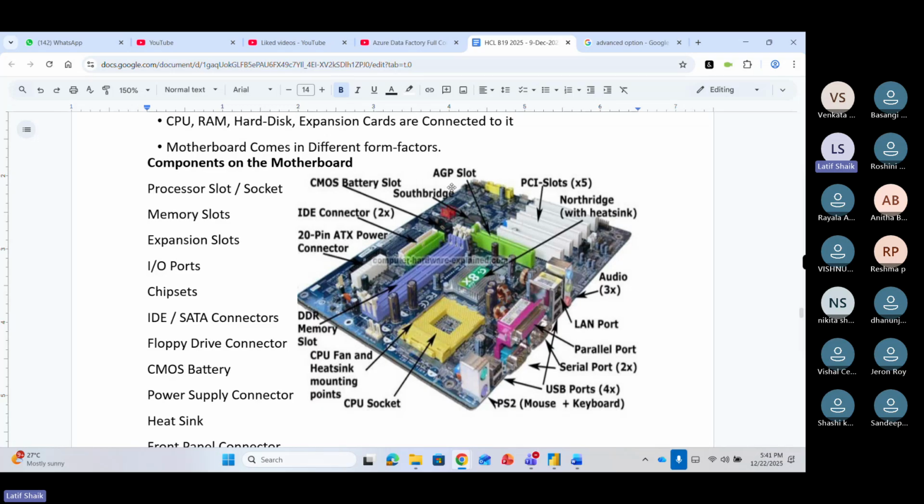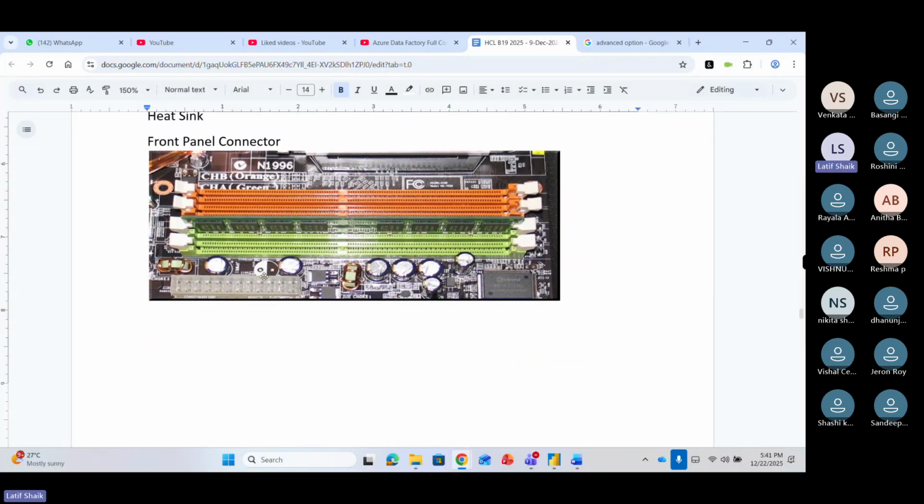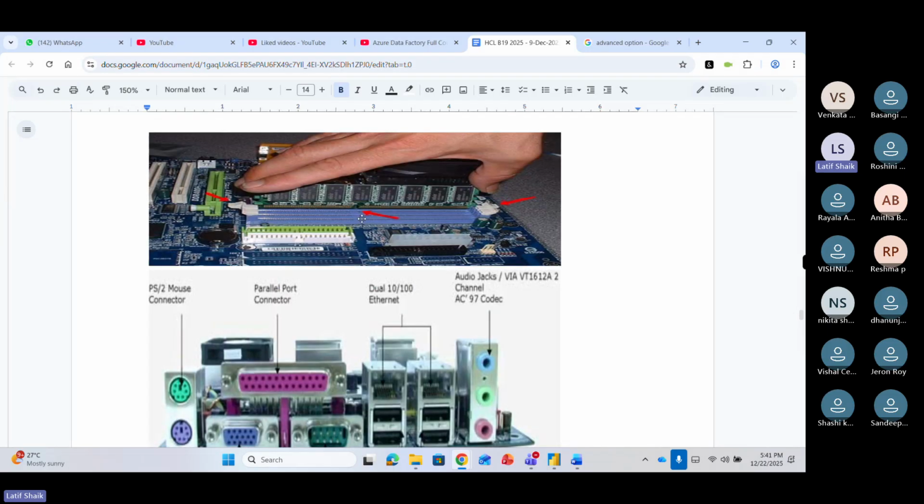Different form factors of motherboards are also available: earlier AT, ATX, mini ATX, baby ATX, NLX, and other types of motherboards. We should just know what a motherboard is. That's it. So RAM slots, the SMPS to motherboard power supply connector slot, other components, RAM insertions here